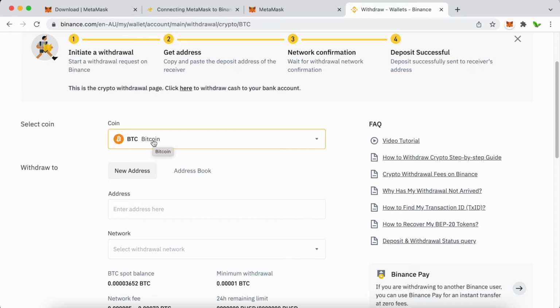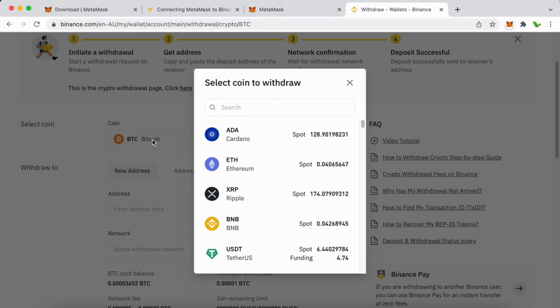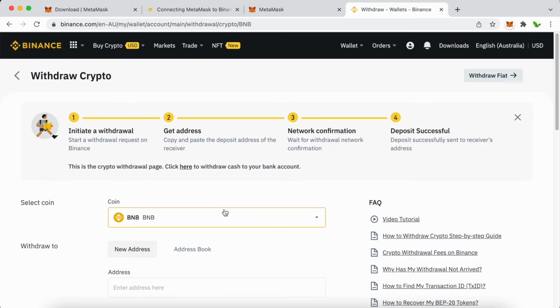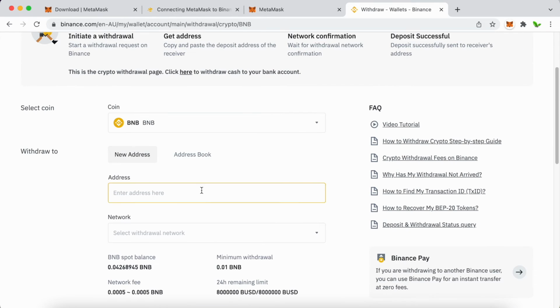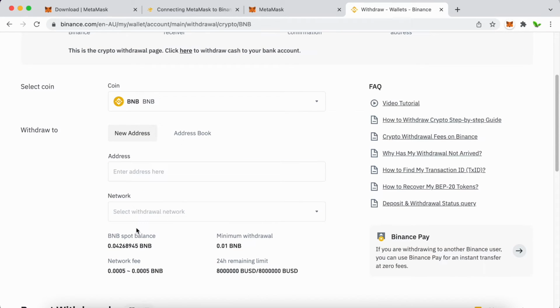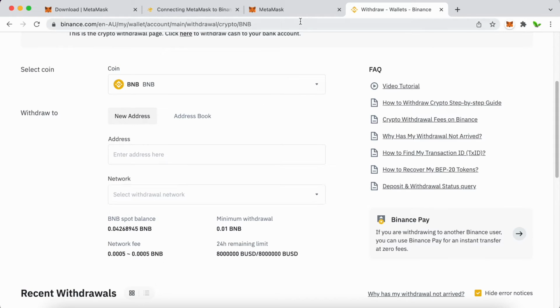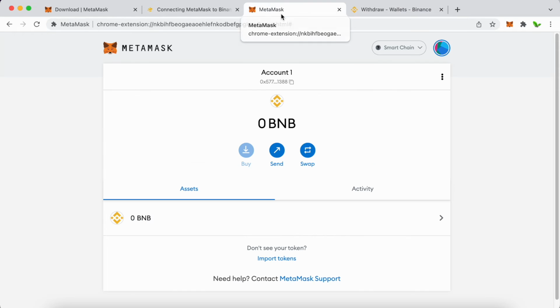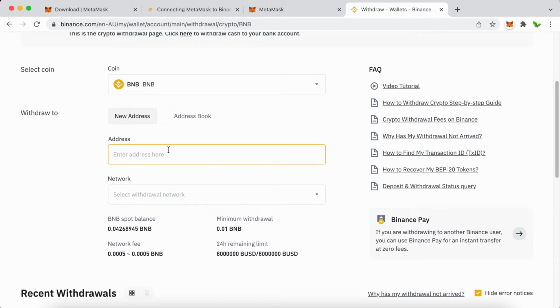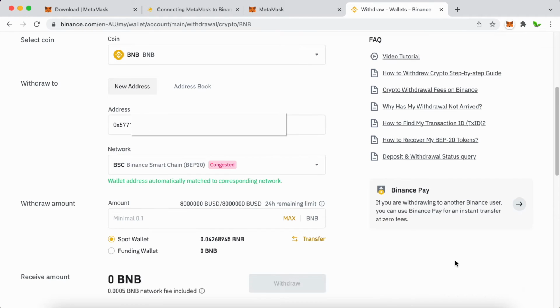Well, to use the Binance Smart Chain, we will need to change this to BNB. So right now, I have a few BNB. You can see here, right? And then this is the address that we will need to edit here. So now to get the address, just copy it from MetaMask, and just paste it right here. Okay, so once copied, and you just paste it here, you can also see that the network says this is BSC or Binance Smart Chain, and